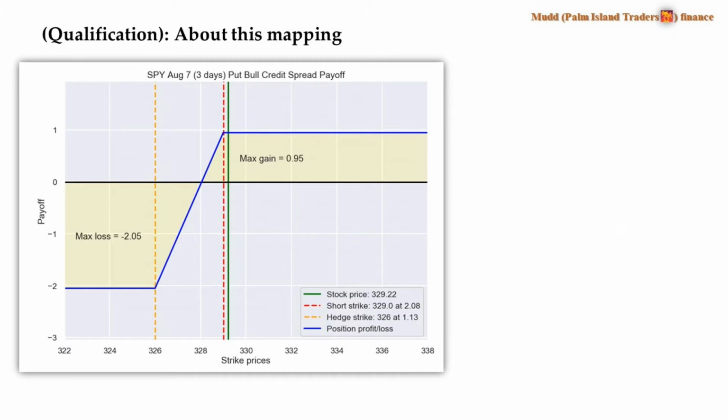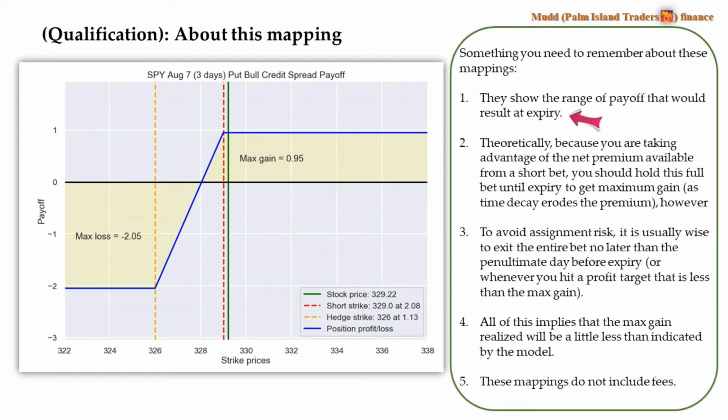Now, before we talk about the classifications of debit spreads, we need to qualify a few things about these mappings, as we always do. So this is actually a mapping of a put-bull credit spread that was provided in the last lecture for SPY 3 days out. Here's what you need to remember about these mappings. First,